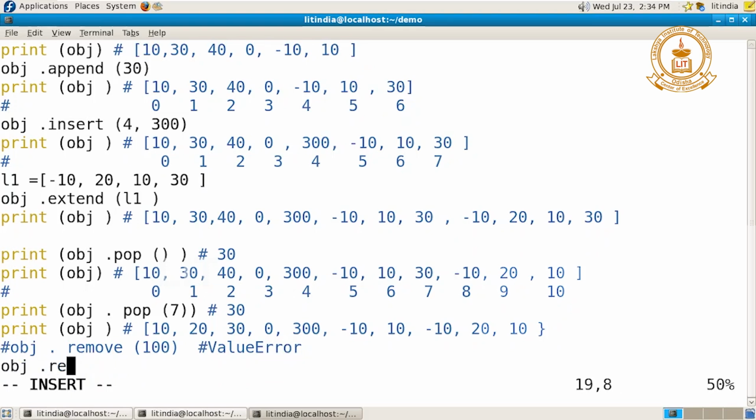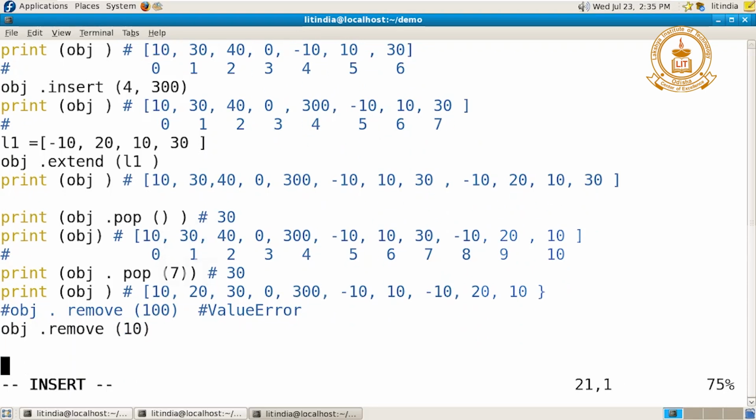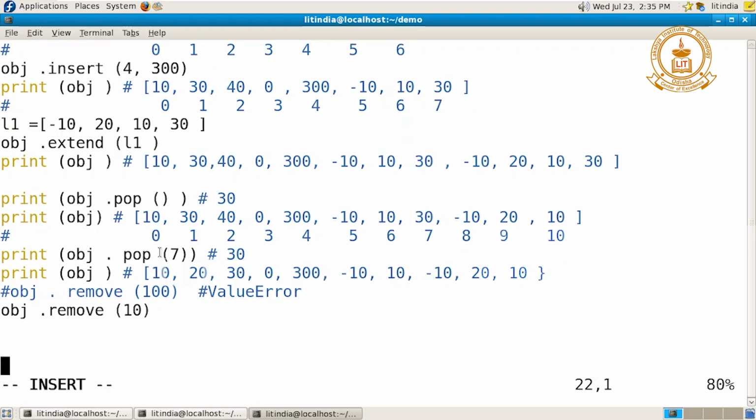Again I am writing object dot remove. Sir, which element do you want to remove? I just want to remove, sir, 10. But in that list, sir, 10 is present multiple times. If 10 is present multiple times, remove will delete the first occurrence. So if you check now the object, sir, now the first element 10 will be deleted. Now inside the list 20, 30, 0 and 300, minus 10, again 10 and again minus 10 is available,